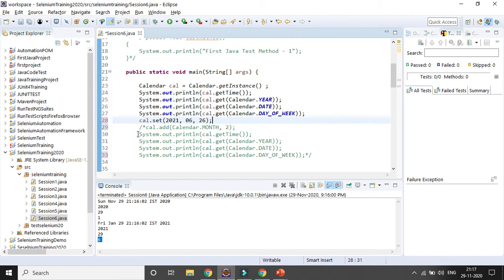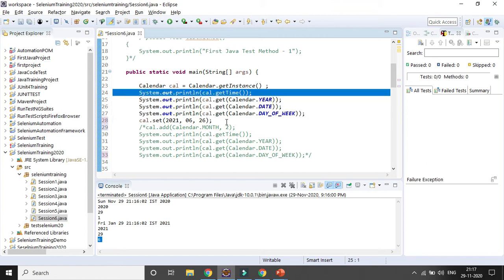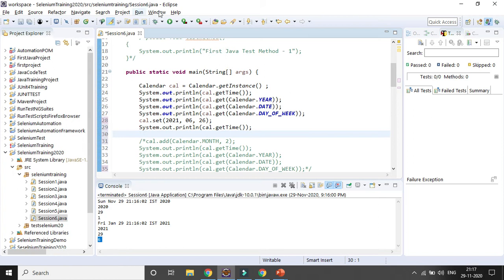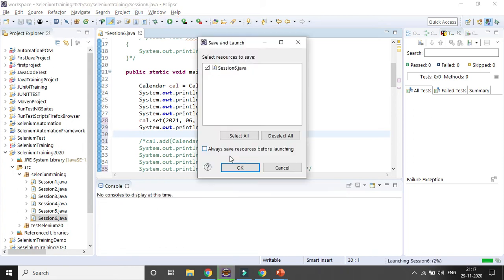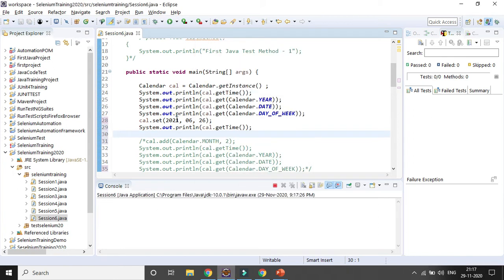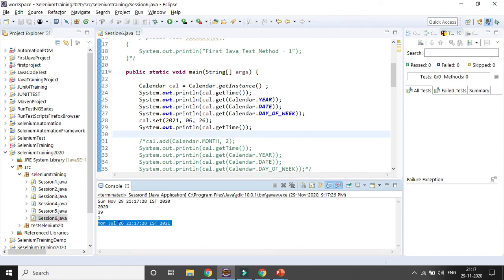After that, if you want to run it, suppose I want to get the time, you can get it. It will be 2021, 6 June. You can see it's Monday. Okay, July 26.